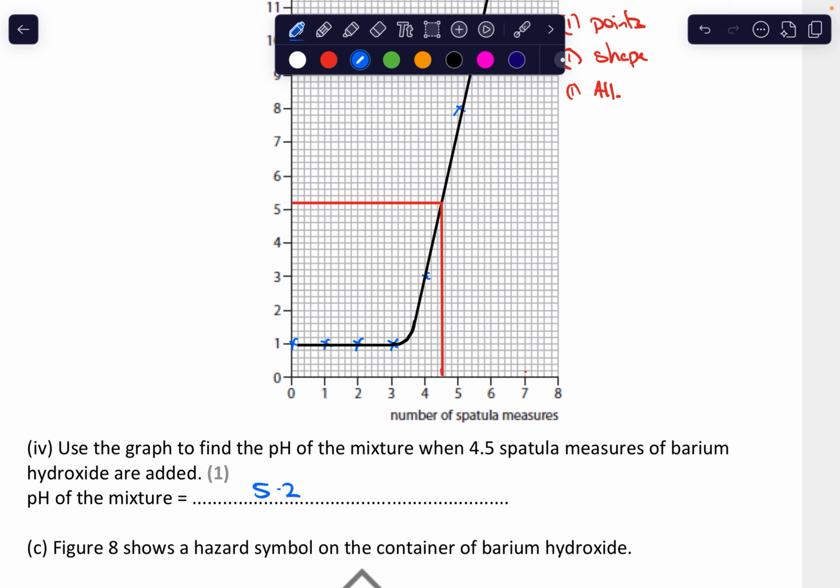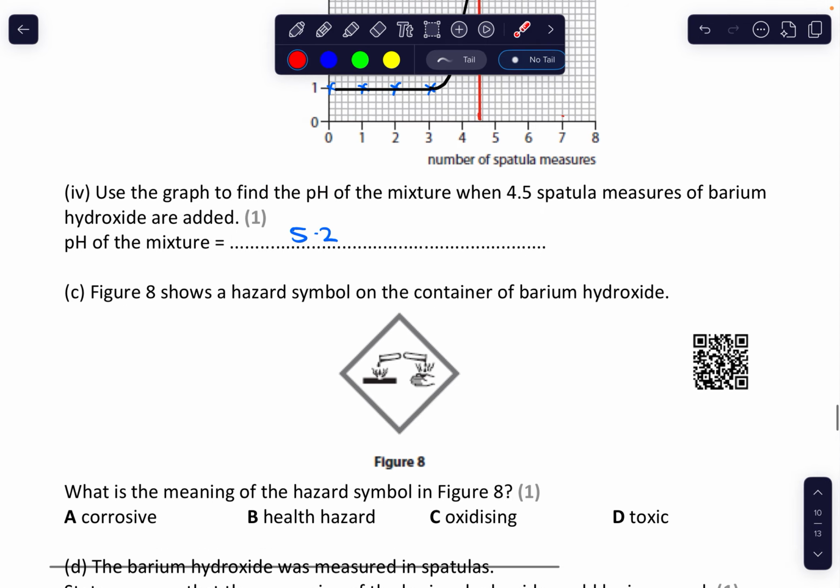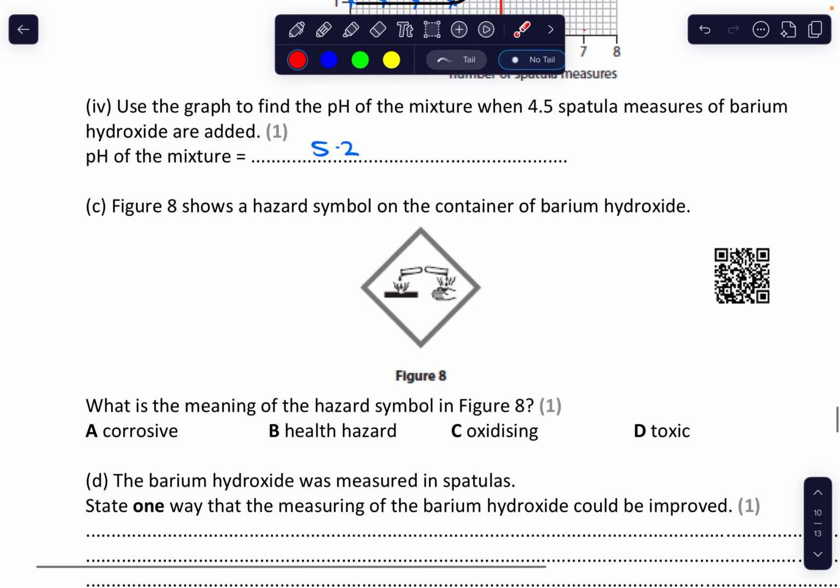5.2. So if your graph is wrong, as long as you show them that you've gone to 4.5 and come up and come across, whatever answer you've got here, you'll get the marks for. So it's always a good idea to show them how you've got this value. Okay, last little bit, part C, describe